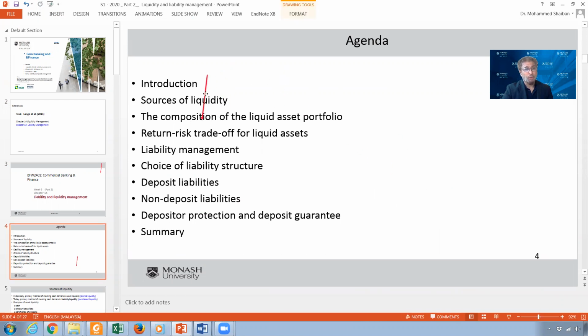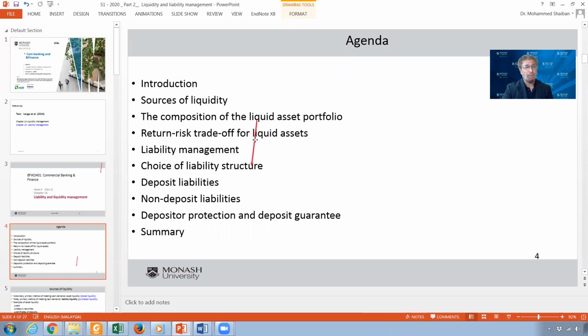We will talk about the composition of this portfolio of liquid assets. And the most important issue is the return-risk trade-off, which I want you to be introduced to in this part. And we will then talk about liability management, and about the structure, which means how